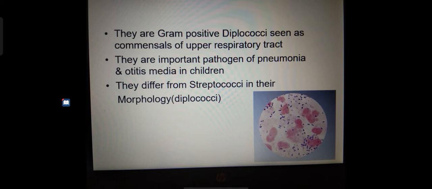And second, they are important pathogens of pneumonia and otitis media in children. As we already said, it is important in pneumonia, as its name itself suggests, pneumococcus. Okay, it causes pneumonia and it will be seen as an upper respiratory commensal. Then they differ from streptococci in their morphology. Okay, streptococci are cocci shaped, but here it will be diplococci. Okay, we'll see in the